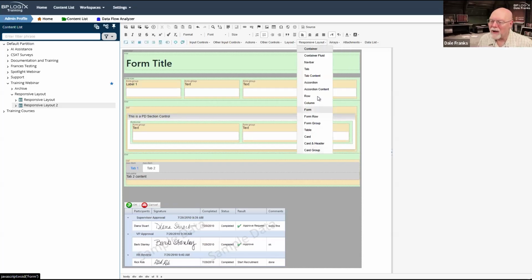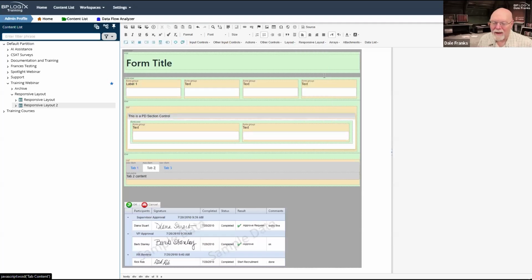I'm trying to remember how I did that. I think it's tab content that I want right there. That'll give me tab 3. So I've got tab 1, tab 2, and tab 3 content. Now, right now, this is set up into a couple of different div tags. I've got my nav item div tags. Now, these nav item div tags are basically formatted as a tab, so we can click them, tab 1, tab 2, tab 3.